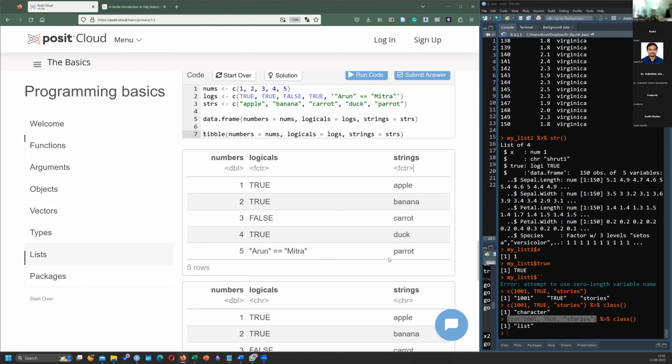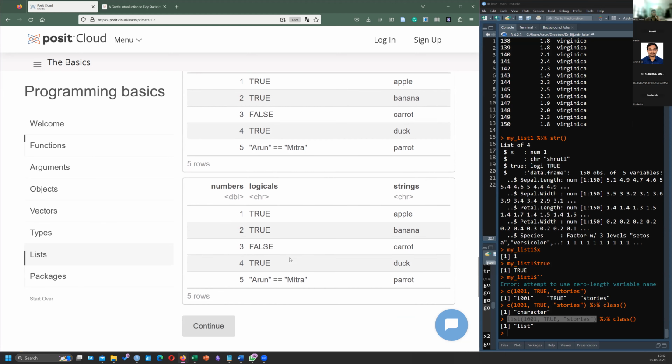But here, this I don't agree to be a factor. So in order to have better control, what tibble does is it does not by default change characters into factors. You get one of the reasons why we should use this? Yes or no? Yes. Okay.